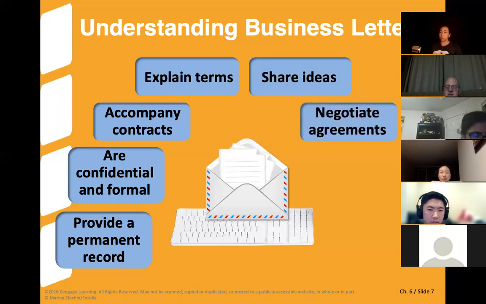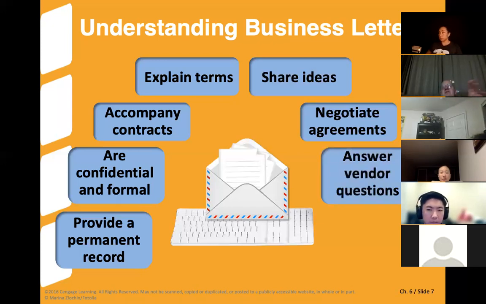Negotiating agreements. It goes right back to what we talked about. Answering vendor questions. You're going to have different kinds of documents along this vein. If a vendor has been contacted by a customer about a new project, and the vendor has been requested to provide a bid or a quote to work on a new project, probably the vendor is going to have a number of questions that they would like answered so that their quote is as precise and accurate as it can be. So that could form the basis for what goes into the letter.